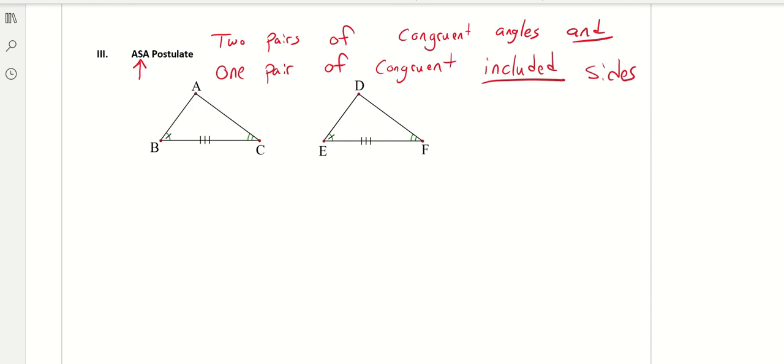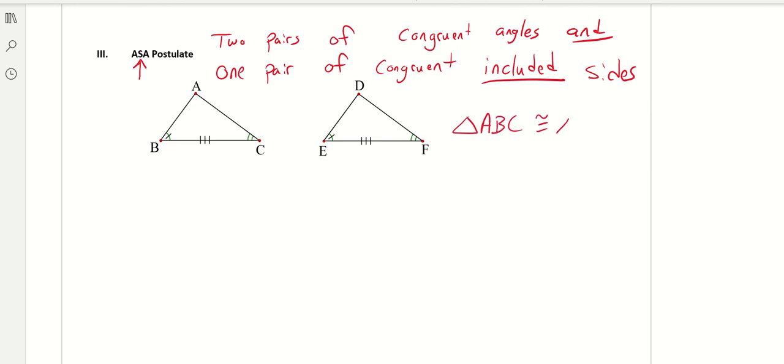Okay? So looking at these two triangles here, we have angle B congruent to angle E, angle C congruent to angle F, and sandwiched between these two angles is side BC. So this is an included side because it is between the two angles that we have information on. And EF as well. So BC congruent to EF. EF is also an included side because it is sandwiched between the two angles we have information on. So we would say that triangle ABC